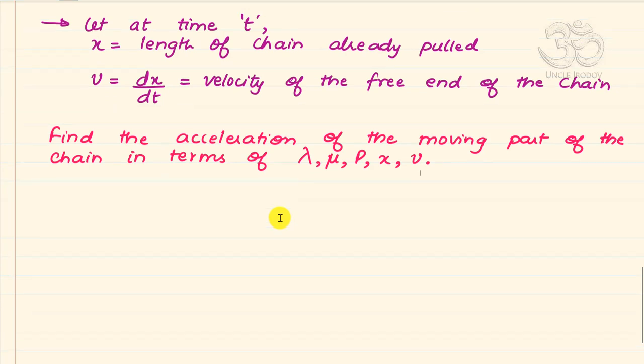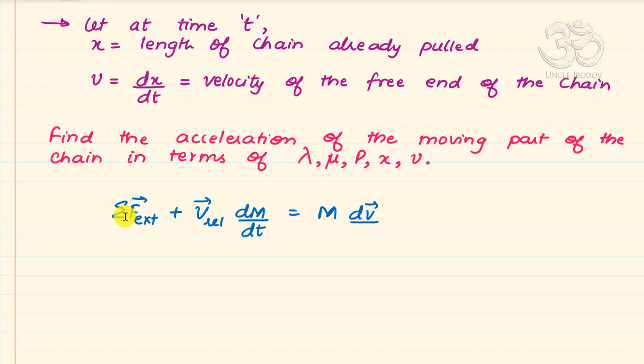Now if you look at the equation that we are going to use to solve this particular problem, that equation is summation of F external plus v rel dm by dt is equal to M dv by dt. You see that there is only one acceleration term, and that is dv by dt, and that dv by dt is the acceleration of the main object whose mass was big M, and he's asking you the acceleration of the moving part of the chain. So it goes without any big argument that the moving part of the chain should be taken as the main object. So let us do that,